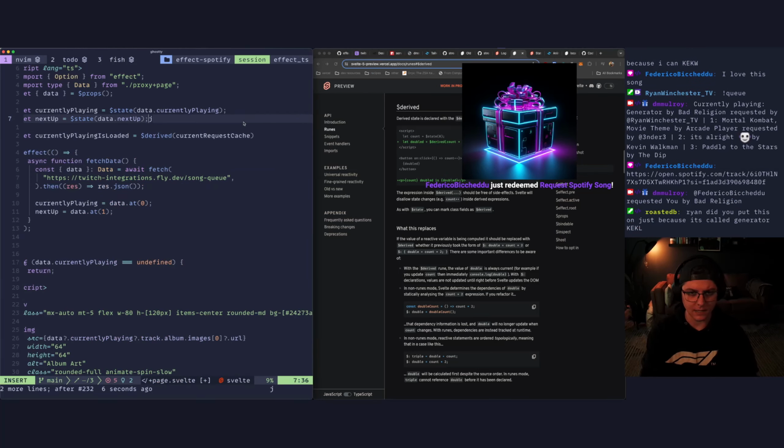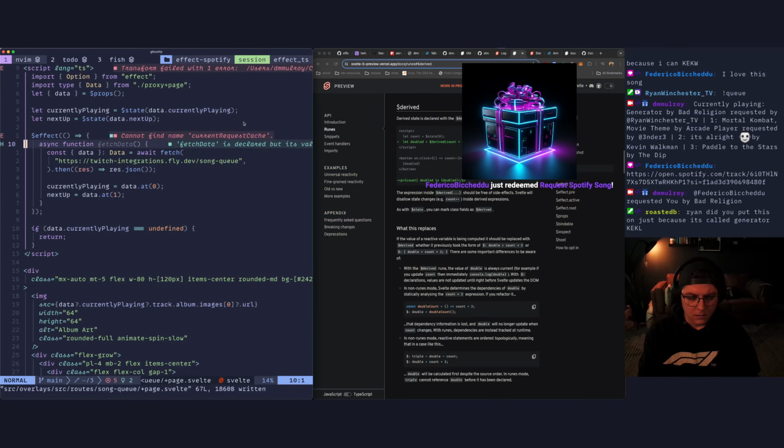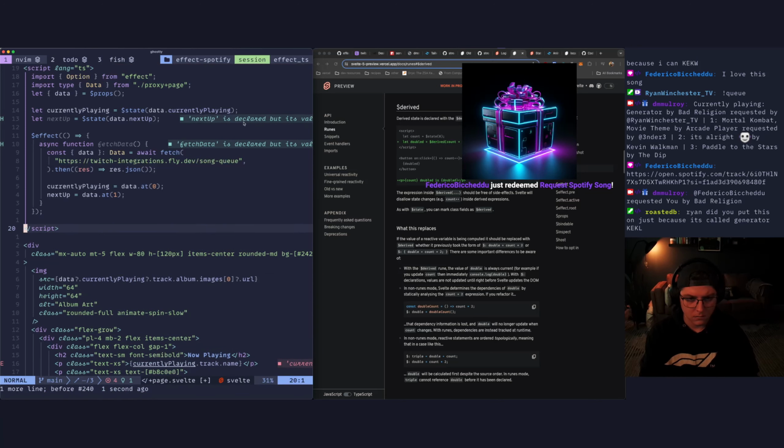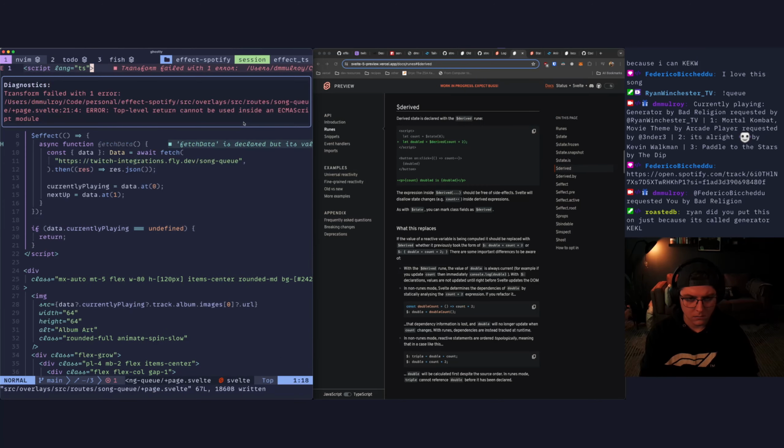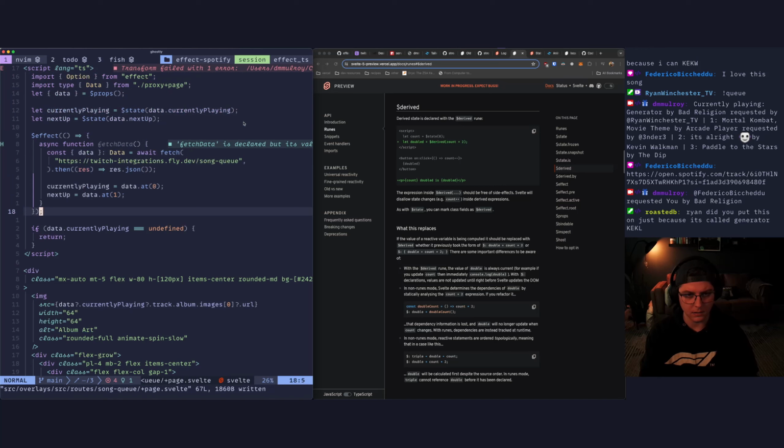I don't even need this state. What's wrong with this? Top level return cannot be used inside.